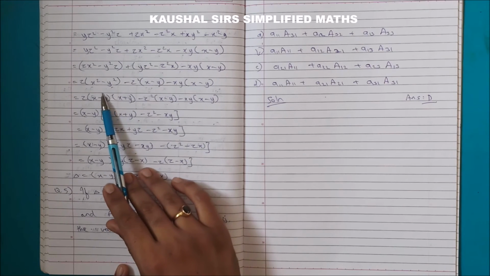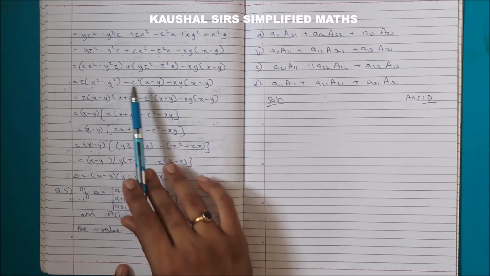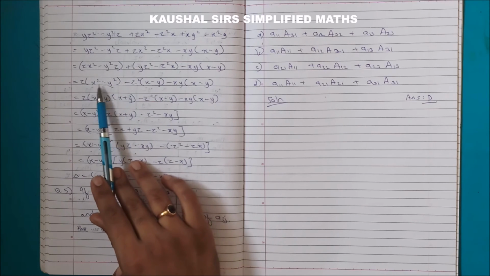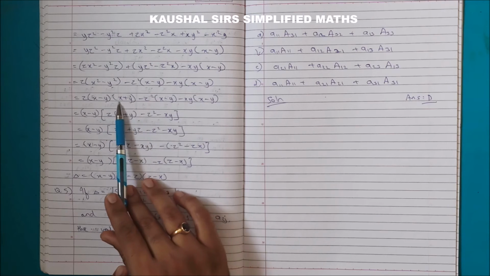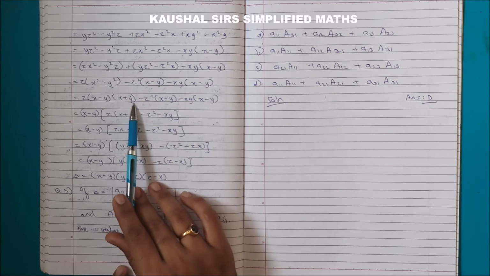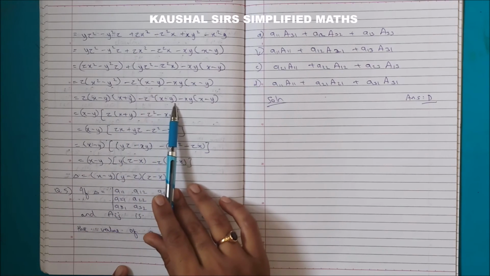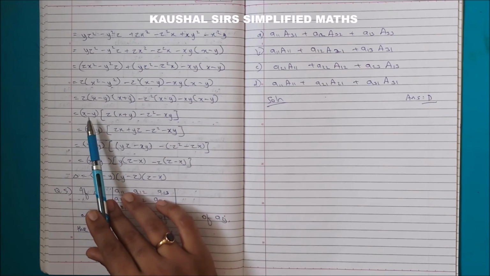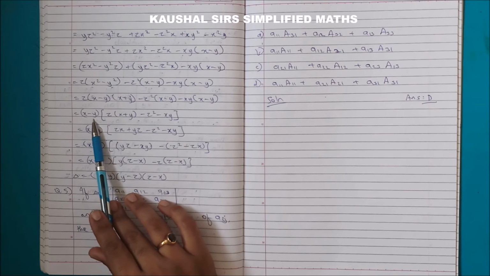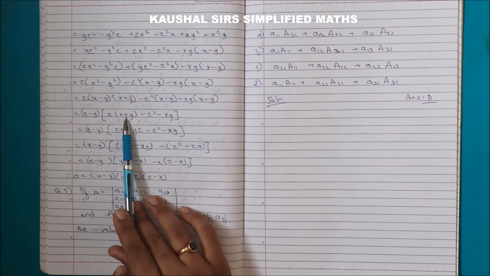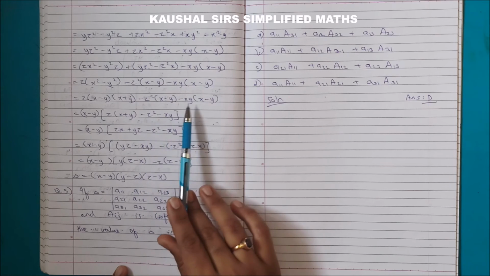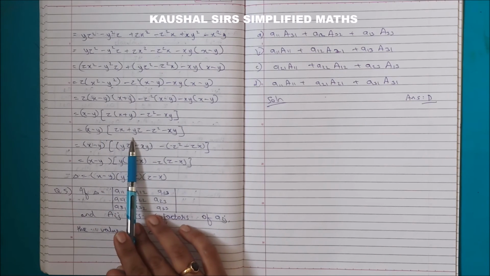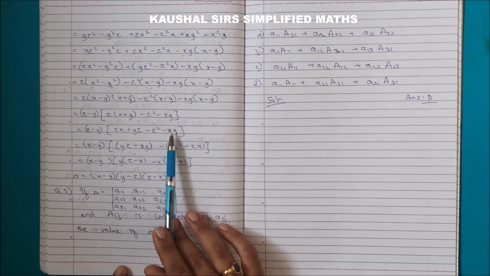Okay, तो अभी आपको पता चला होगा कि why we are doing like this is because you want to get a term involving x minus y. Okay, so now you know a square minus b square जैसा है ये, so it is a minus b into a plus b, so you get x minus y into x plus y, minus z square x minus y as it is, this term as it is. Now among these three terms we can take x minus y common. So if you are taking that common, you are left with z into x plus y. यहाँ से minus z square will remain and your minus xy will remain. Again, if you expand this term, you get zx plus zy minus z square minus xy.